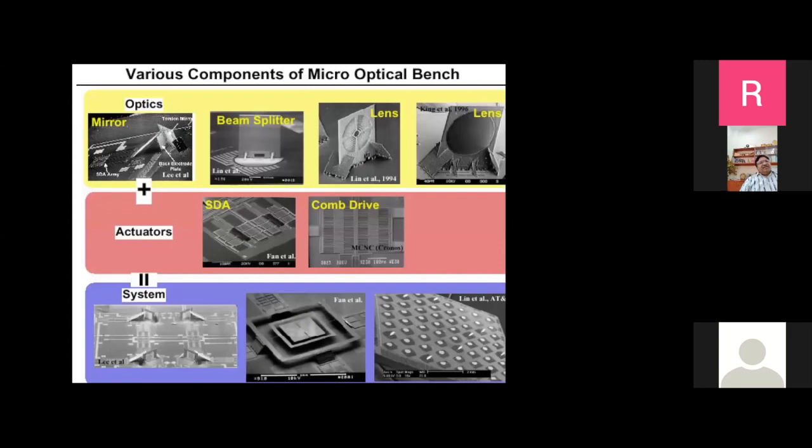So these are all the various components that people have made on an optical bench, starting with the mirrors, beam splitters, lenses, actuators, and entire systems, what I'm showing you there. These are all SEM photographs, what you can call. And in the last picture, you see that light is deflected by some mirrors and not others. Some mirrors are lying flat, some mirrors are popped up and deflecting light. I think we already discussed how this can be used in a network. Okay, let us go to one more slide.